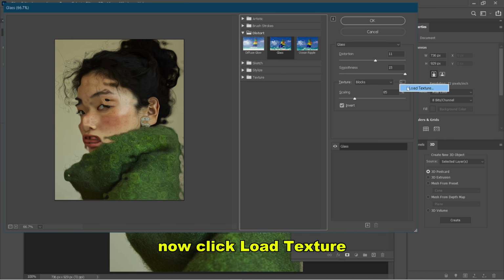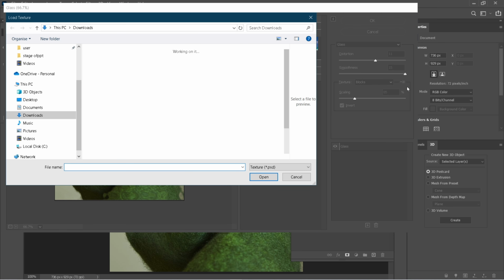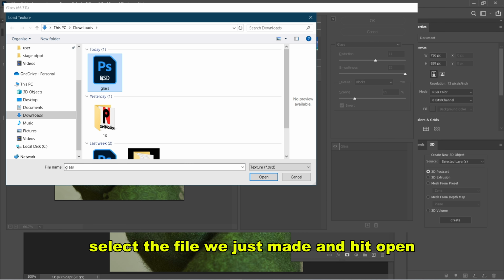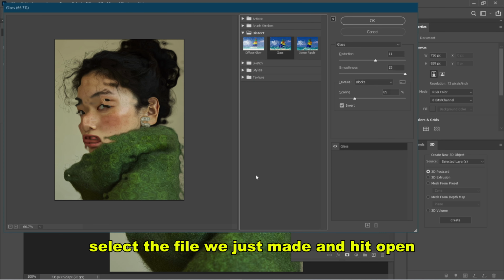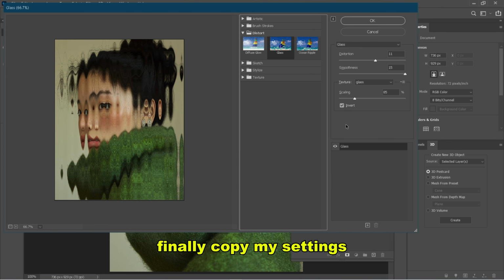Now, click Load Texture, select the file we just made, and hit Open. Finally, copy my settings,